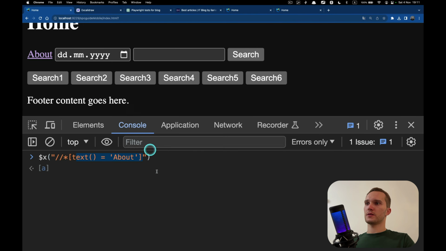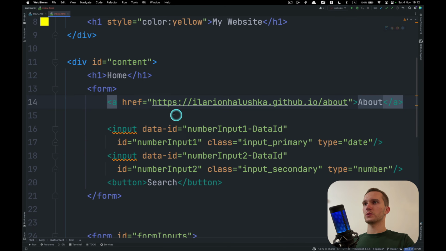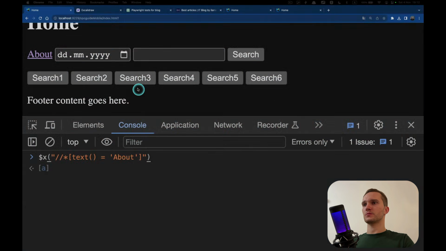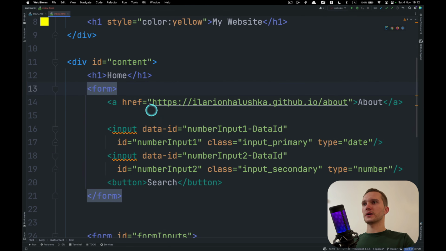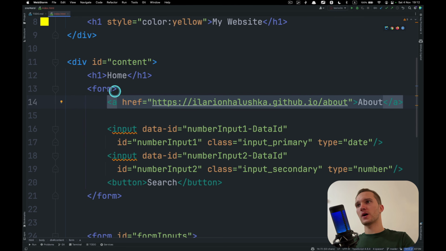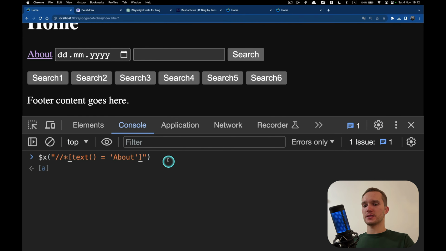All right, but in XPath it's actually possible. So let's say we located this element, this link with text about. This link has parent form. In CSS we cannot get this form. No way we can get this form. I mean, we can get this form, but we cannot first get this element and then go up the tree to get this form. But in XPath we can do this like this. Okay, I just went up, one up.